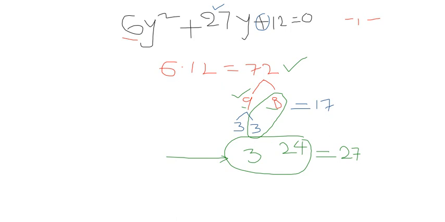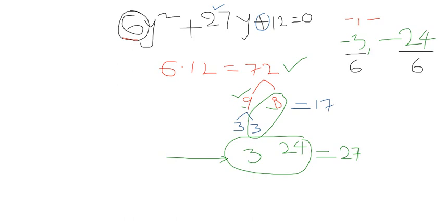Okay. Now see that here, by God's grace, both are negative. Here minus 3 and minus 24. Up to here this is the previous model only. Now what is new in this particular problem? The new model is what? The y square coefficient is other than 1. So here you have to divide each number by that number.